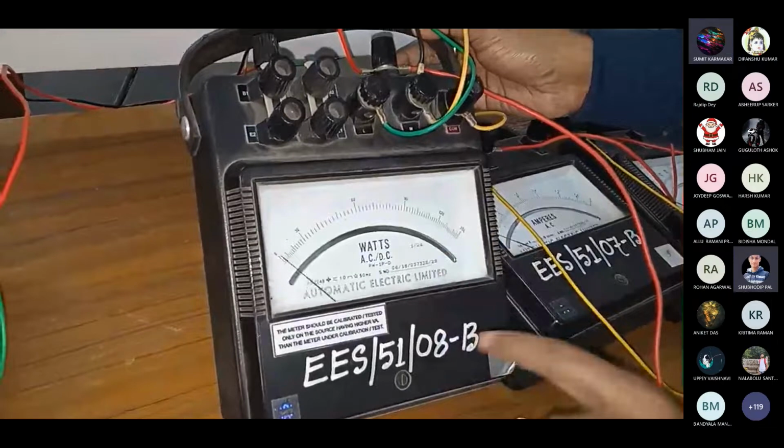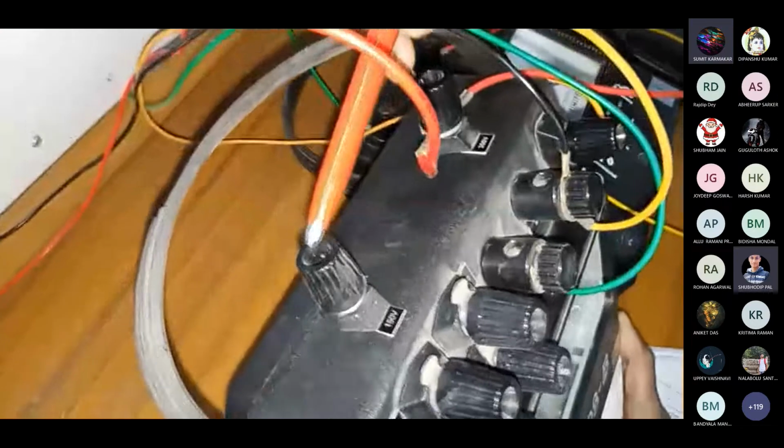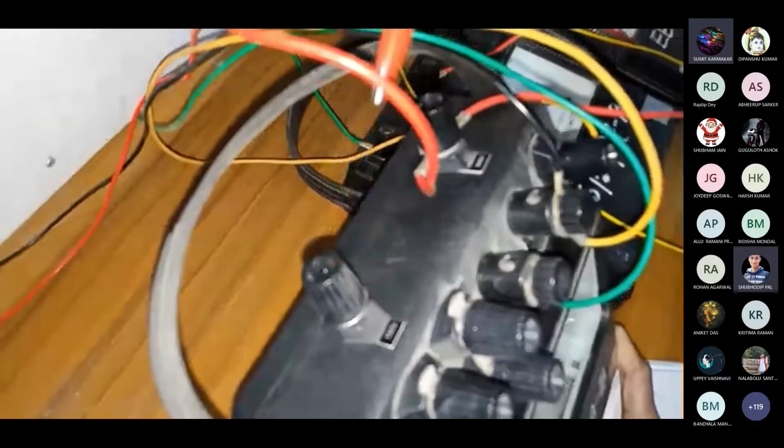You can see this is the voltage, right? We can use it for two scales. In class, I told you that we can use a multiplication factor for measuring higher power. So we can use the 150 volt connection, or we can use the 300 volt connection. And the current coil should be in between M and L.